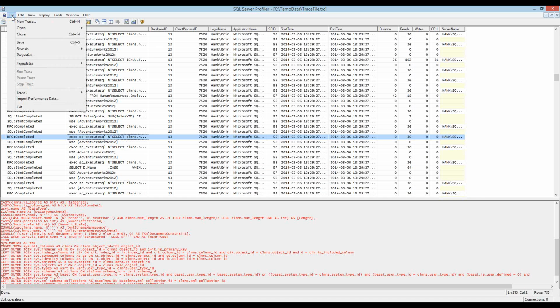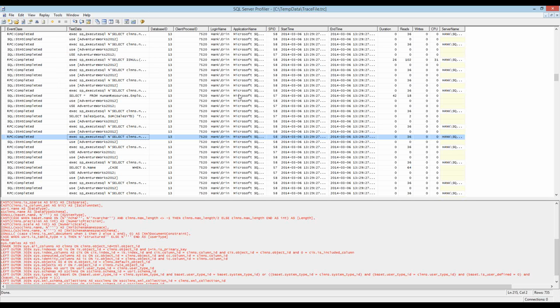And what you may do is export that out to, actually, where is it? I forget. I haven't done this in a long time. There we go, save as. You can save it as a trace table. You can push it into a database table. Or you can use one of the free utilities like ClearTrace or RML Utils to do analysis on this.